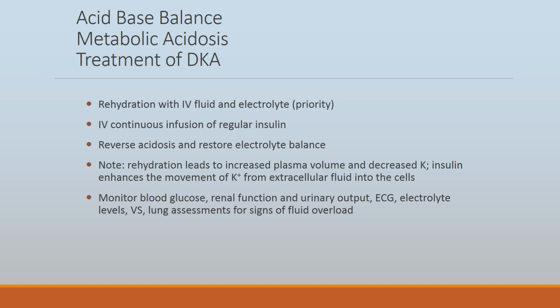We're going to monitor blood glucose levels. Because of the high glucose levels, and the alteration, the compensation to our kidneys, we want to make sure we're checking the renal function. We also want to check for cardiac and electrolyte levels. Specific cardiac EKG, we want to be checking the potassium levels, because remember, potassium is housed in the cell, and so there's no insulin to carry it in there. We're going to be checking vital signs, lung assessments for any indications of fluid overload, because we are giving them fluid resuscitation.